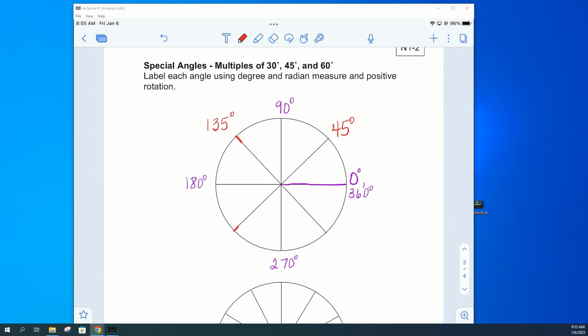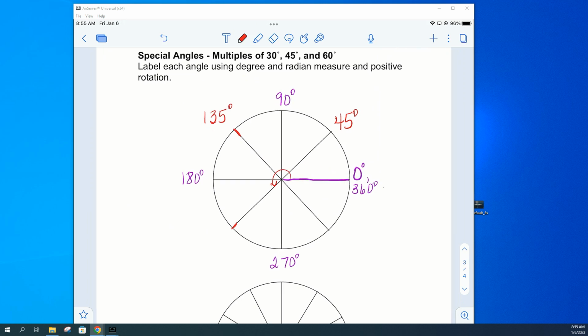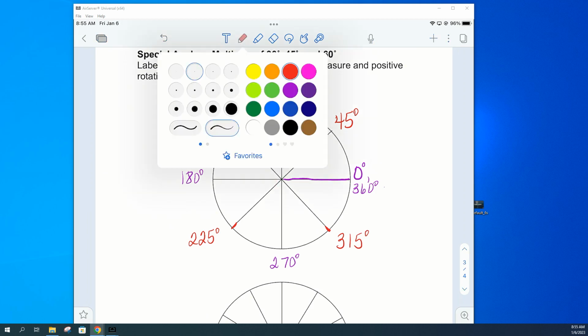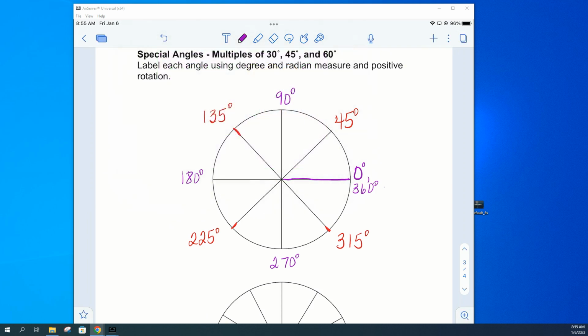And this one, and again, I'm going all the way around, I'm not just drawing it every time, would be 225. And this one, that would be 270 plus 45, and that is 315. So those are your special angles in degrees. Now in radians,